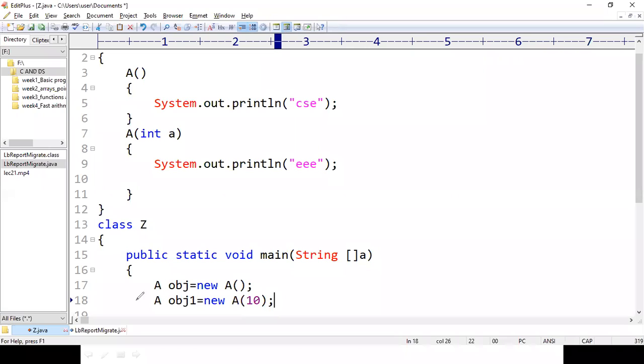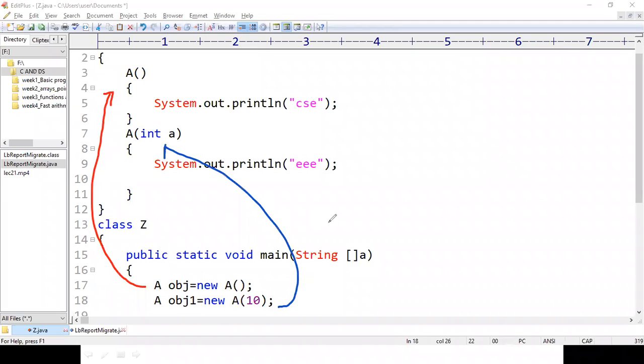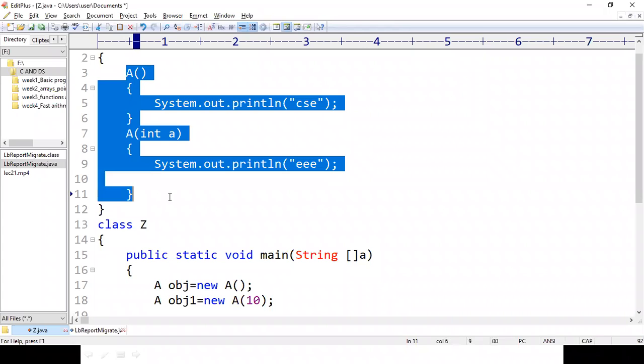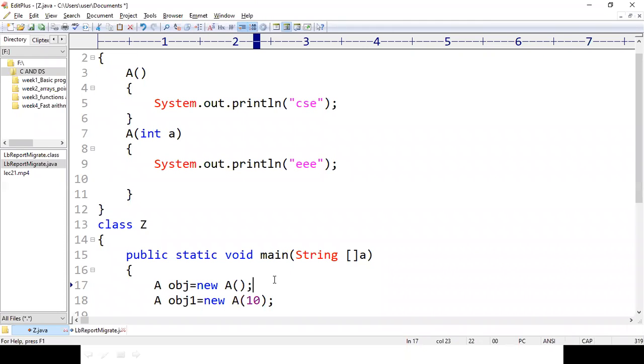The first object will execute the constructor with 0 parameters, and the next object will execute the constructor with 1 parameter. Now my aim is to print CSC, and at the same time print triply on the output screen by creating only one object.